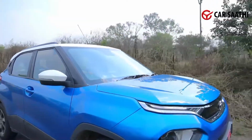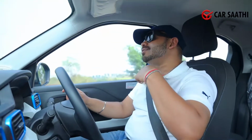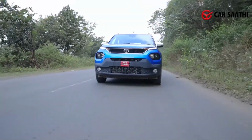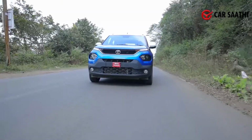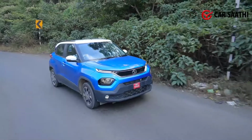Although low speed drivability and city speeds is okay, highway speeds up to about 90 odd kilometers is fine, after which the wind noise and the vibration from the engine is just too intrusive for a fun drive. But overall, the feel of the car is sturdy because it's a heavy car at about 1145 kilos for the top of the line, which matches with the Altroz,